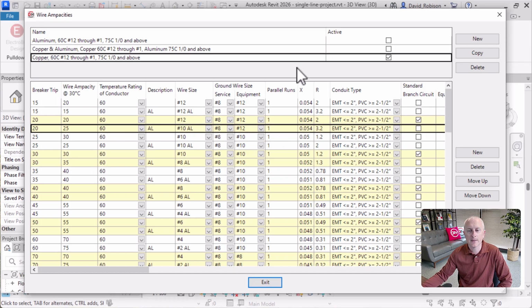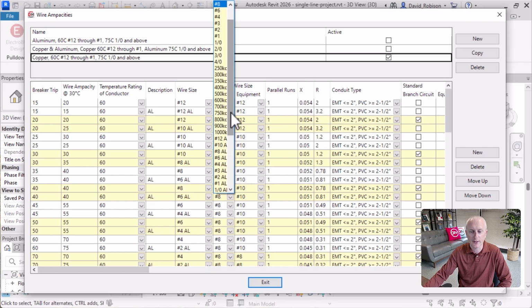In the Revit cable types, you have a single material. So for your aluminum wires, presumably you're going to have aluminum grounds. It's not really specified what those are, but you can assume they're probably going to be the same wire type based upon how they have things configured. We found there's a bit of a split in the industry as to whether you use copper or aluminum grounds if you have aluminum wires. Out of the box, we actually use copper wires. We found that's a little bit more of a default. So our ground wires are copper and our hot wires are aluminum. If you want to change that, you can do that in our software, so we could change these to aluminum